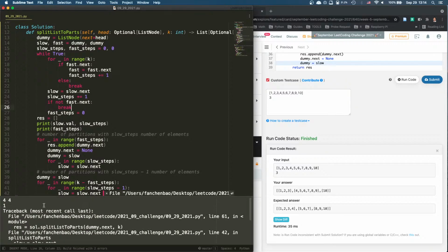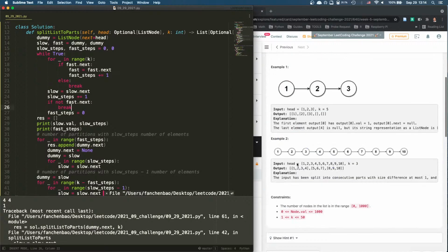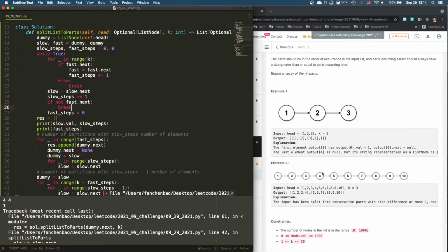You see this? We have fast steps is 1. Now I'm coming here, so we're going to append dummy. Dummy is still at the front. Dummy dot next, okay. And we append dummy dot next, and the slow is at 4. Slow is here. Dummy is here. So,